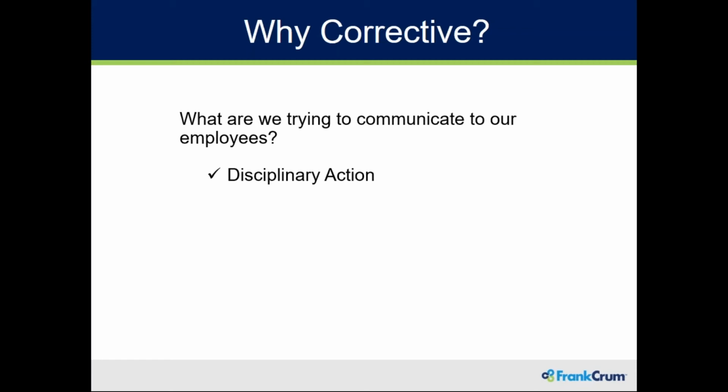Progressive action. Generally, the idea is that it's a progressive approach, starting with a certain level, going to the next, maybe a final warning, and then before termination, and then termination. So it doesn't necessarily have to be that way. You've probably heard it called progressive discipline, but it makes sense that it's progressive in the event that